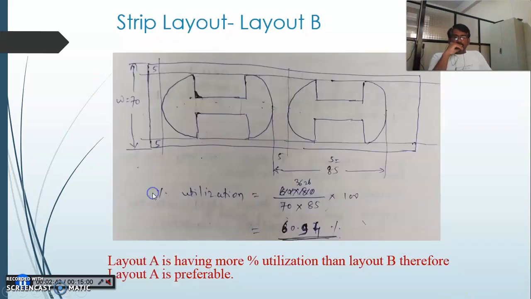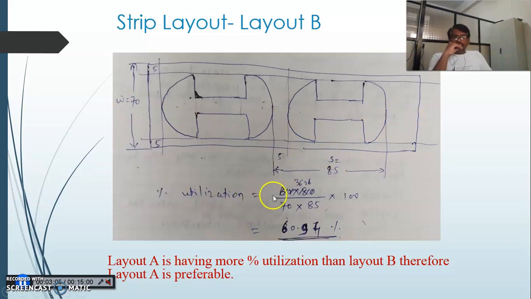The second strip layout we have considered by keeping the components in a horizontal way, and in this case again the bridge gap of 5 mm we have to keep for all sides of the component, and we have to calculate the width of the component as it becomes now 60 plus 10, that is 70, and the advance becomes 80 plus 5, that is 85.